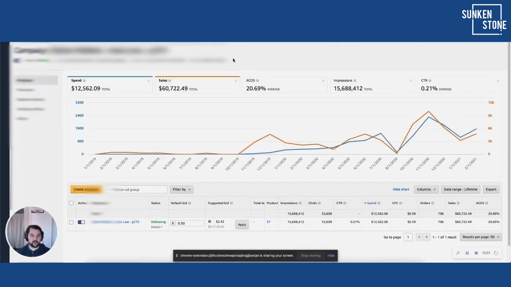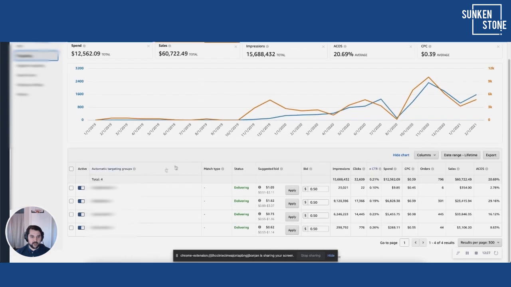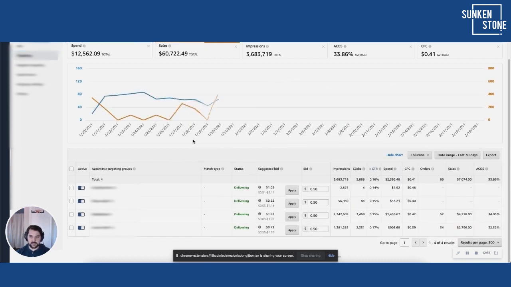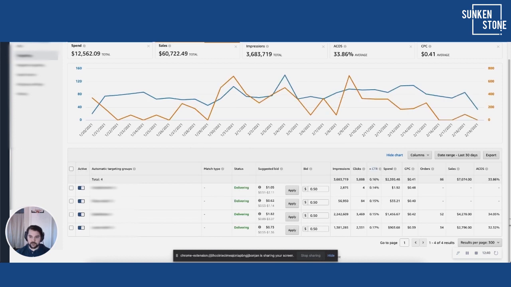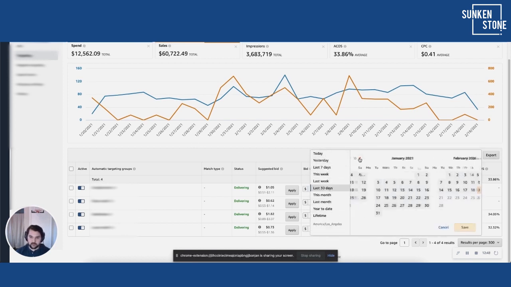The last thing I'm going to show you is this nifty little breakout. They have all four of these: complements, substitutes, loose match, close match for these automatic campaigns. I'm looking at an automatic campaign right now. What we're going to do, last 30 days, we're going to see where everything is stacking up. So I'm going to go custom date range. I'm going to look at the last